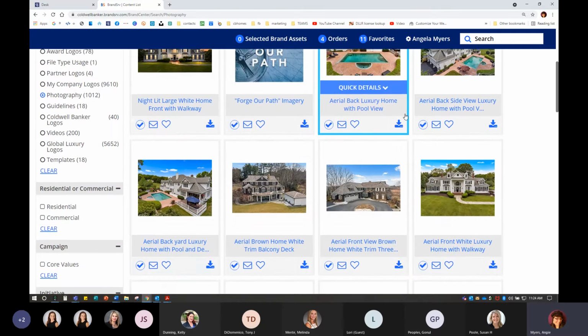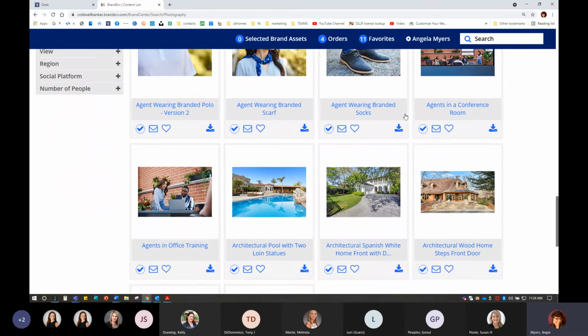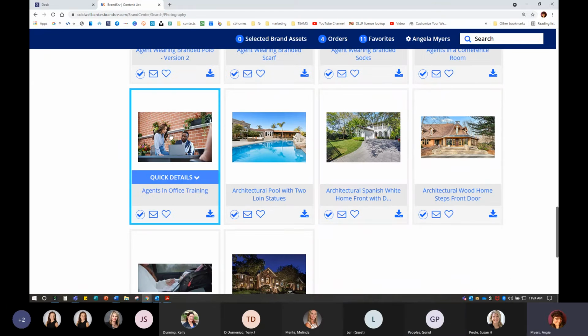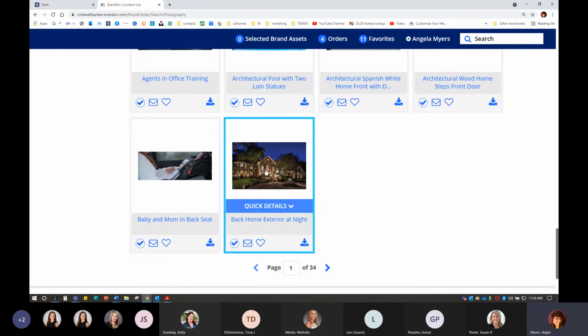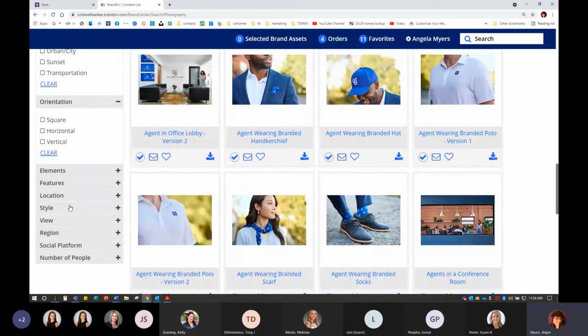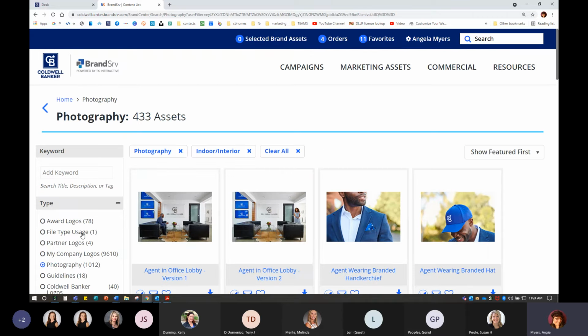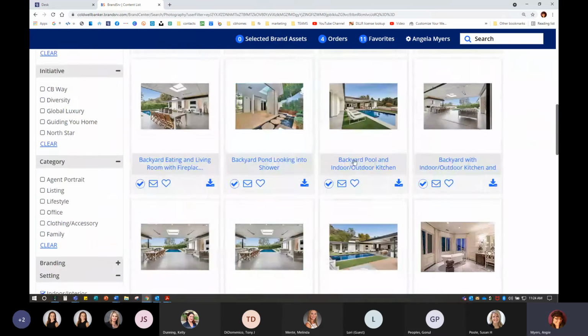So Coldwell Banker saw that, and what they're doing now is giving us some photos that we're able to use. You'll see we have some here with people in them. We have some exterior photos. And if you're looking for something very specific, you can always use some of these over here on the side. Maybe I only want indoor or interior. I can go through,